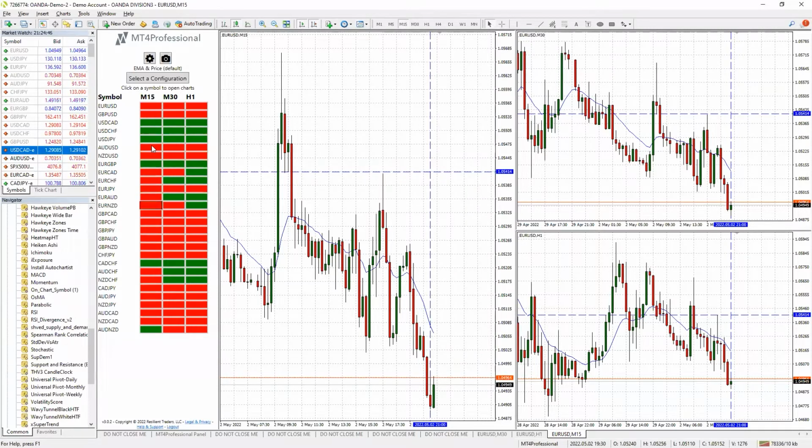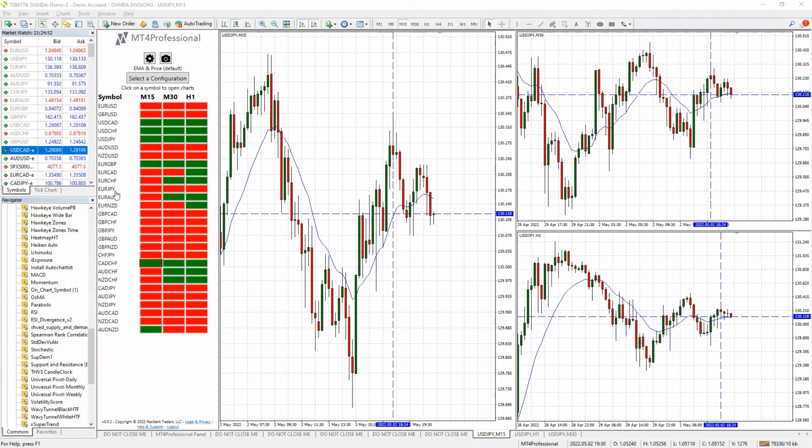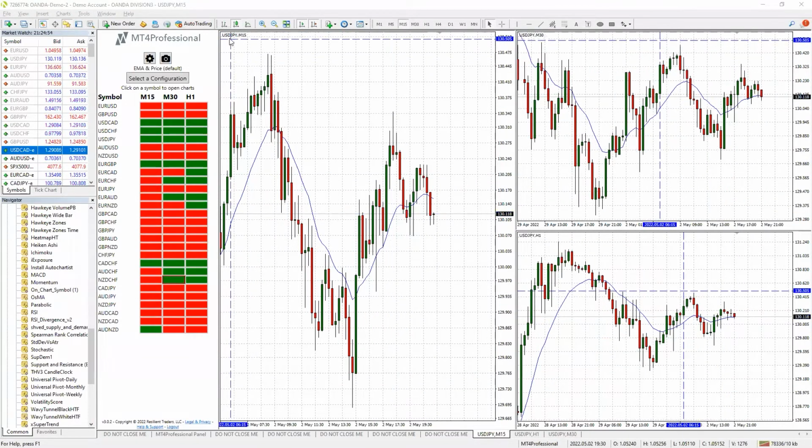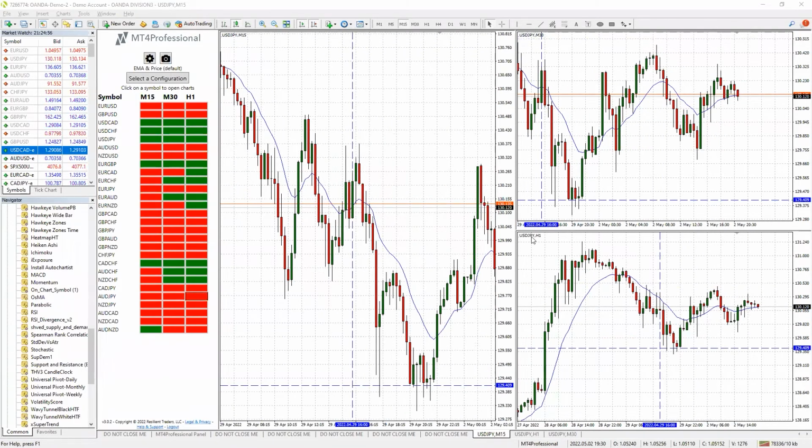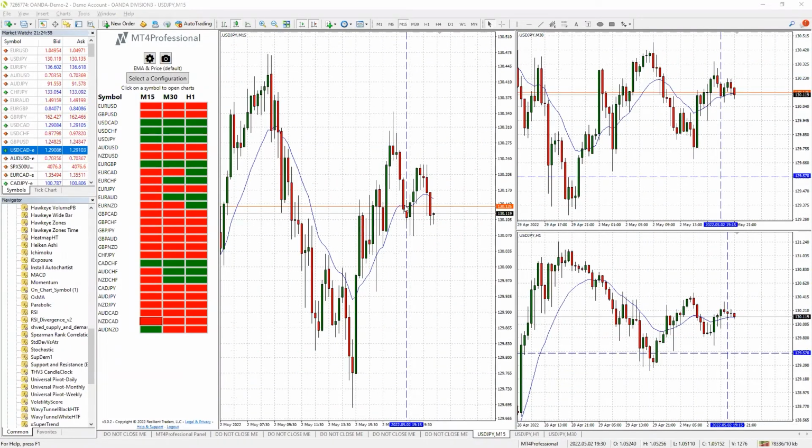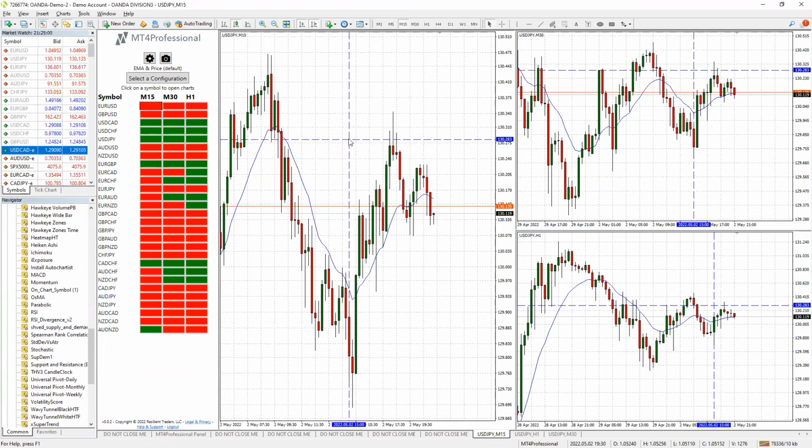If I see a setup and I want to see if that's ready to go, then all I have to do is click on any symbol on the symbol list, and it automatically changes the symbol on all of the charts, putting me right in charge with where I am right now. Ready to go, ready to exercise. So that's the idea behind the setup, the ease of use of the tools, and the ability to use them